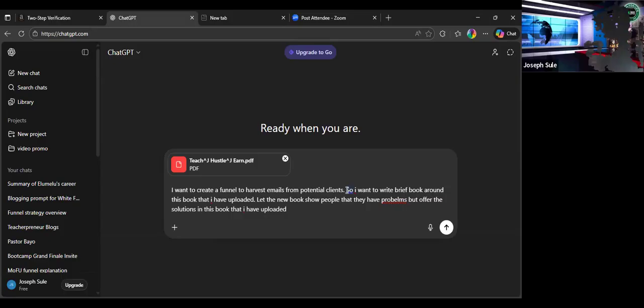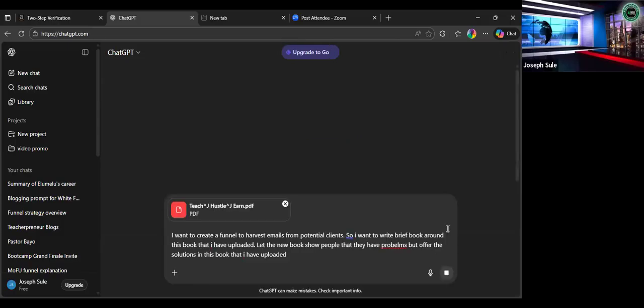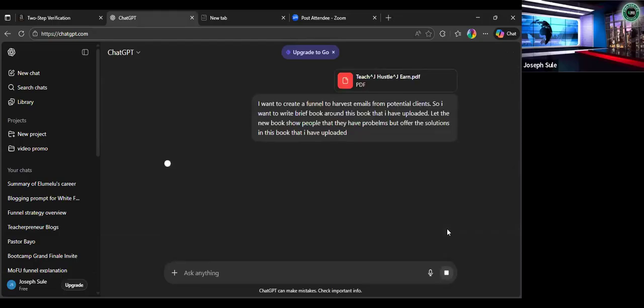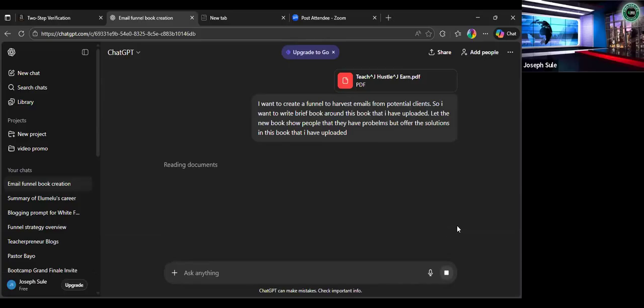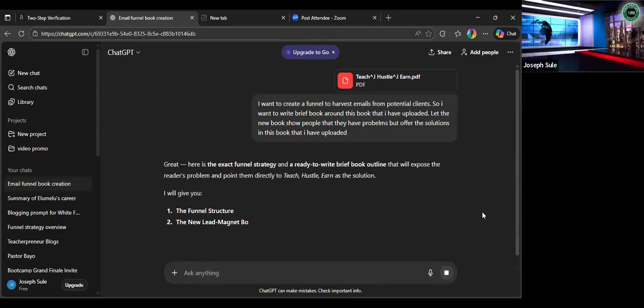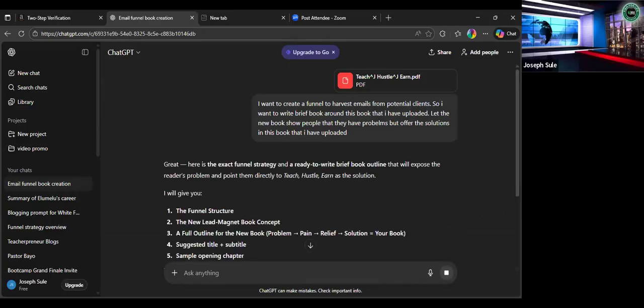Okay. The new book that ChatGPT will help me create is what I want to use as my lead magnet to getting my emails and to selling Teach, Hustle, Earn. So I will say go. Okay, let's just see what ChatGPT will give us with this prompt. You can choose to make the prompt even more detailed than this.